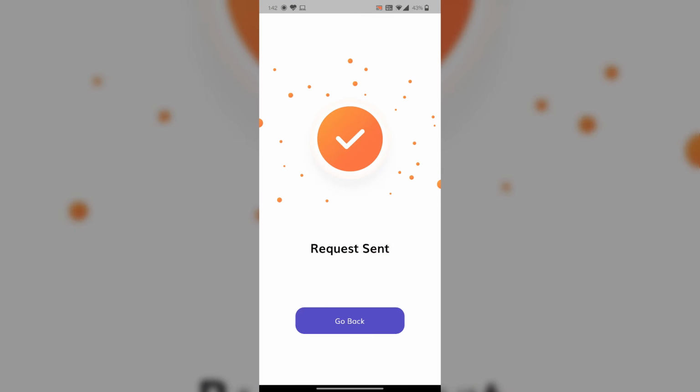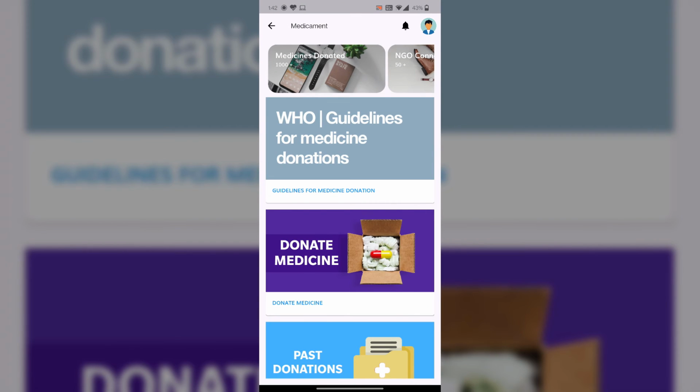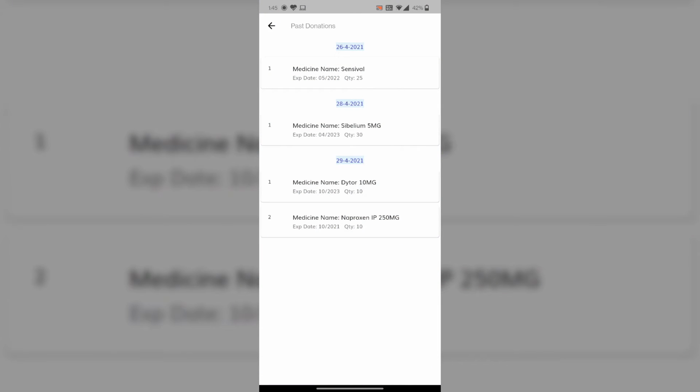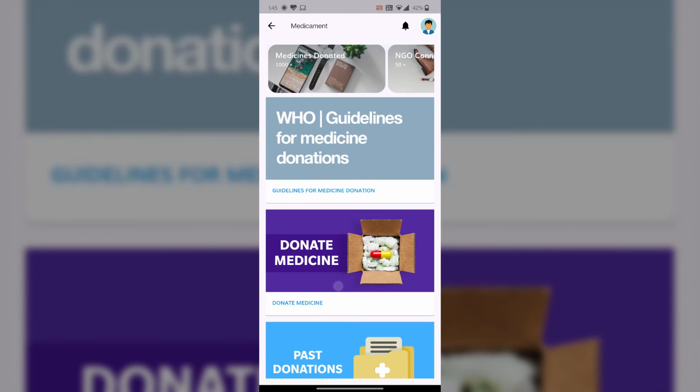We can add the submit, then the request is sent, and our submission is done. And the last option in our app is past donation, where the user can see his previous donations. This is the date when the user provided the donation, with expiry date, medicine name and quantity. So this is it. This is our user side portal.